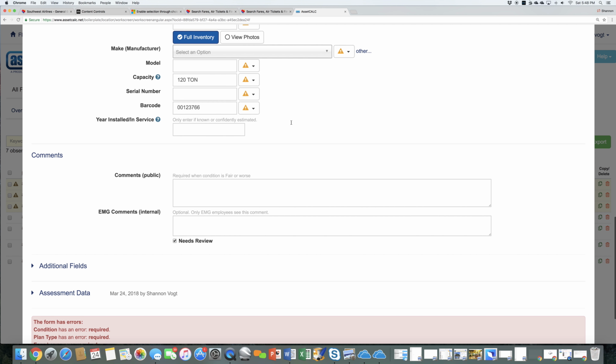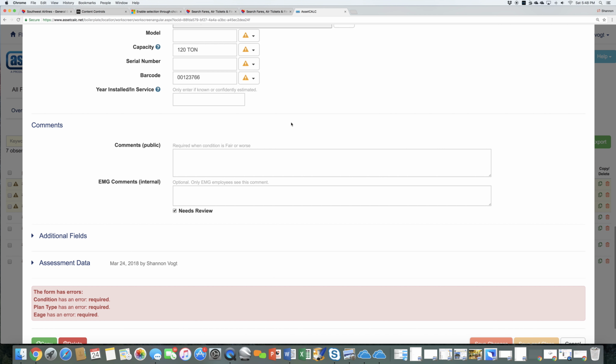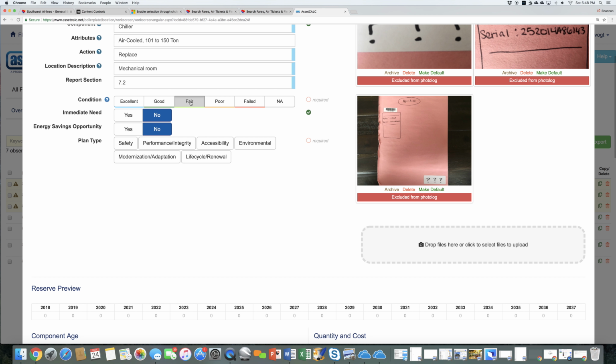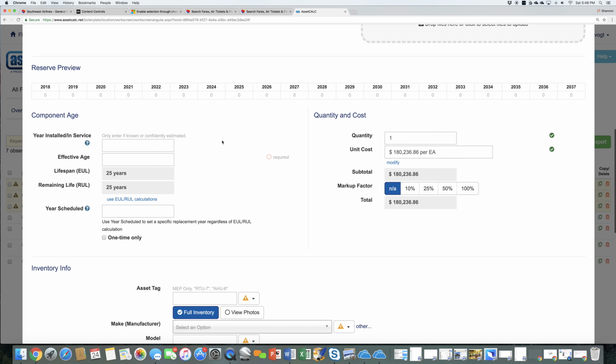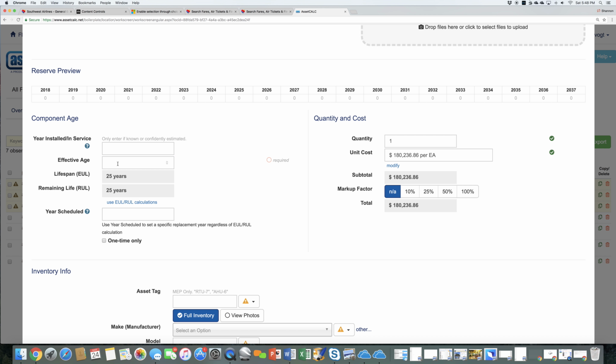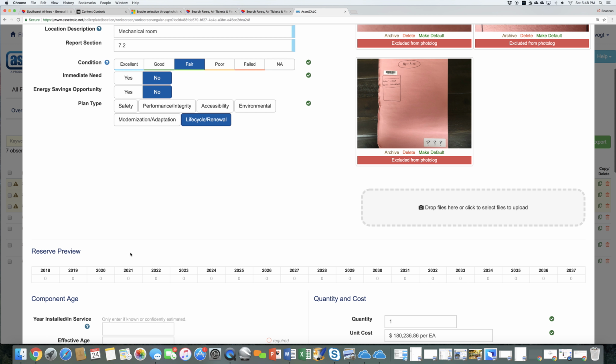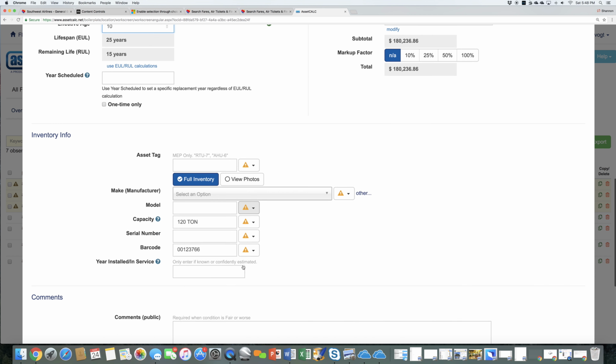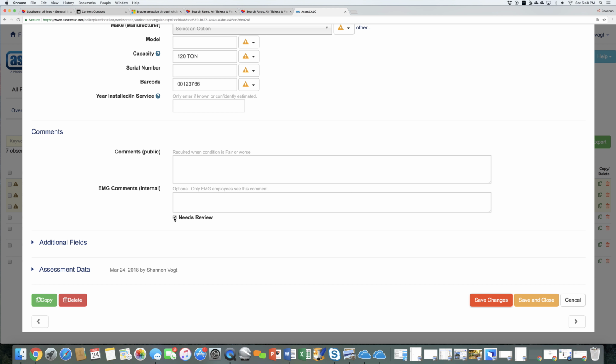Okay, it's not letting me save because I didn't fill in everything yet. So just let me quickly do this. So it lets me save: fair life cycle, effective age of 10. Boom, and